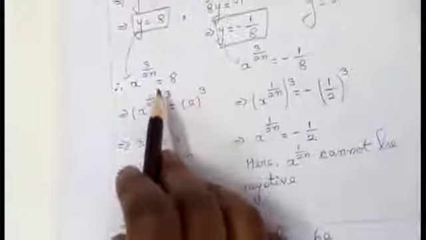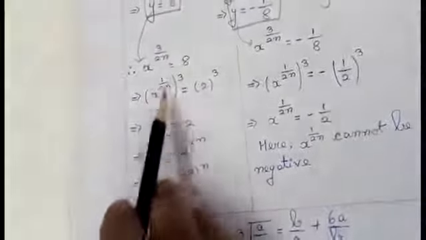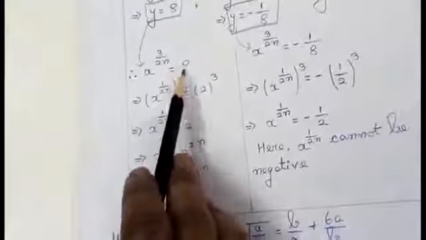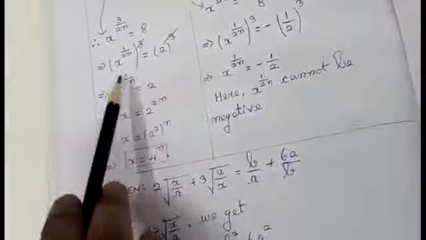After replacing, since I'm making a little adjustment, what I'm doing here is 3 by 2n can be written as x to the power 1 by 2n whole to the power 3. This 8 I'm writing as 2 cube. So what happens? These 2, power 3 will get cancelled. What is the remaining? x to the power 1 by 2n equal to 2. I want to find the value only for x. 1 by 2n left to right means 1 by 2n